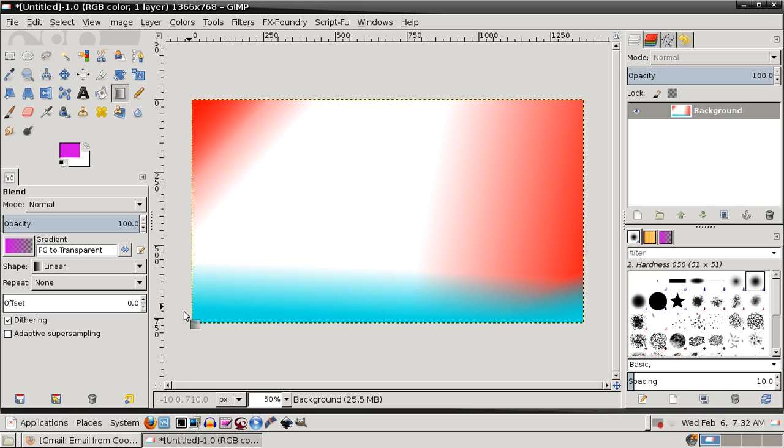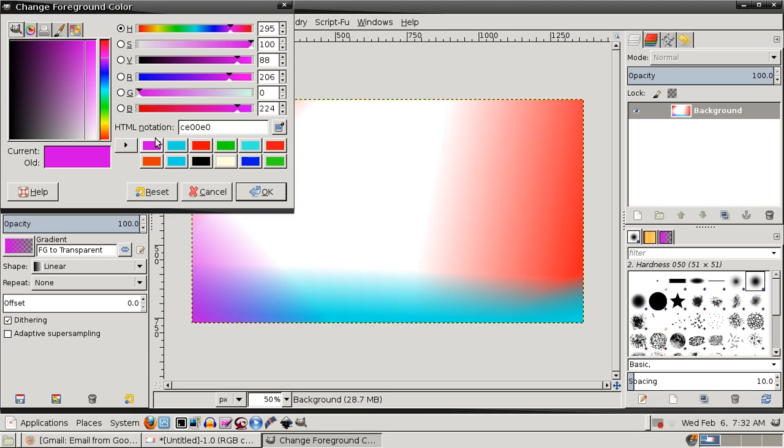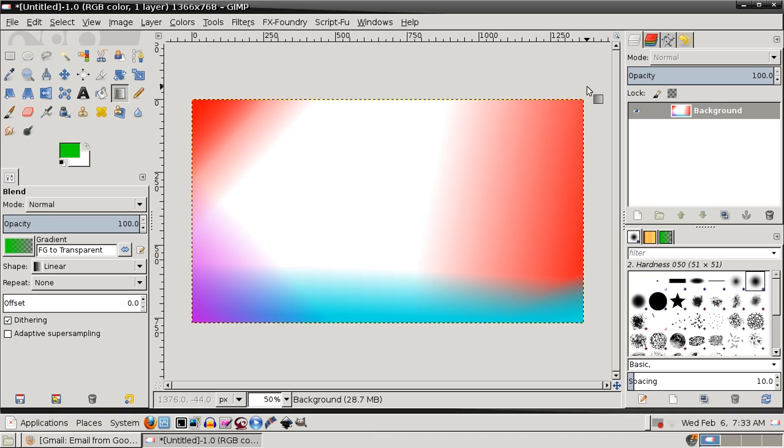Come up out of this corner. Give it another corner of, let's say, some green. Now, this is one way to make some simple, quick little backgrounds